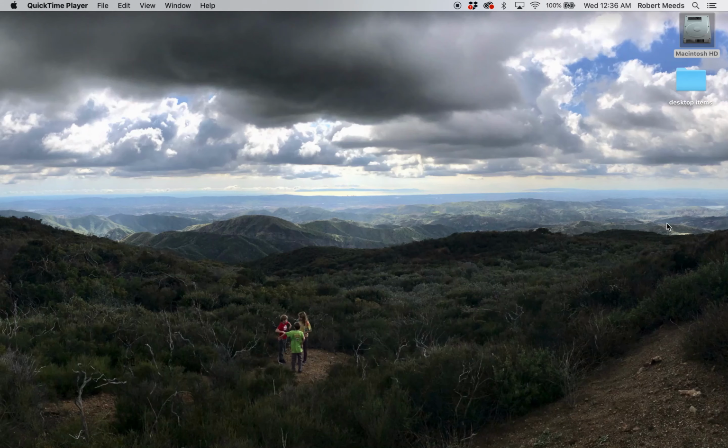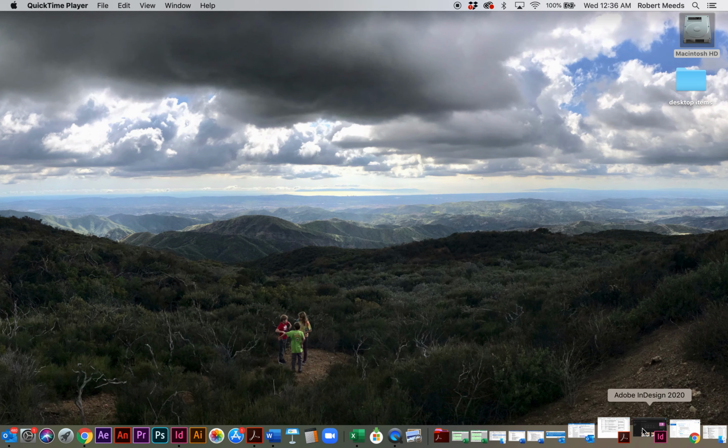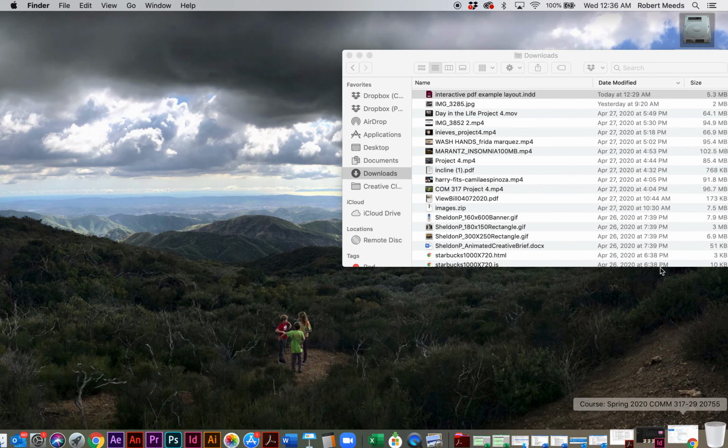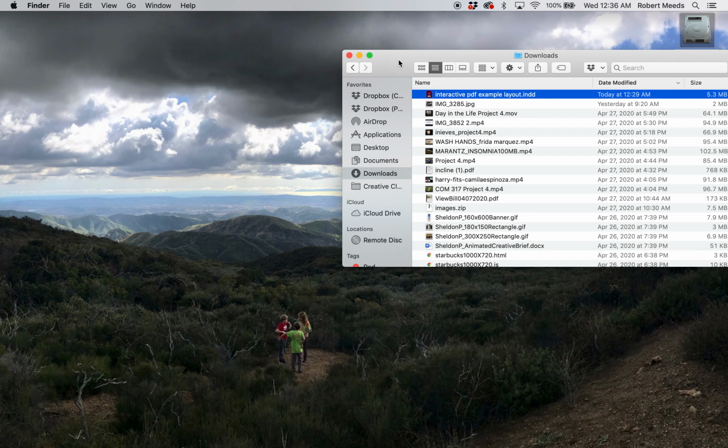This video will show you how to do the interactive features such as the page navigation and the table of contents in your interactive PDF assignment. So the first thing when you download the images and the shell of the InDesign file from